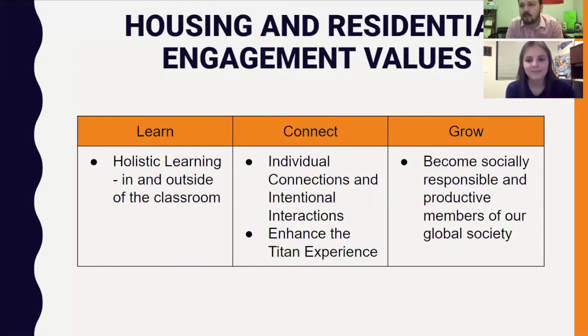Can be anywhere from 40 to 50 or so residents in what we know to be a normal year. But beyond just scheduling that meeting, we hope that RAs are able to create a connection with them and overall enhance their experience while living in our student housing community. And finally, our hope is for our residents living on campus to become socially responsible and productive and engaged members